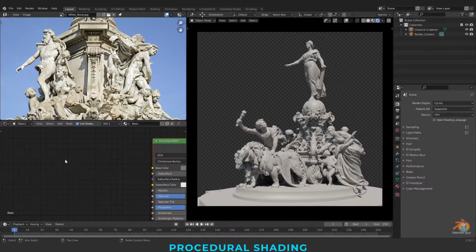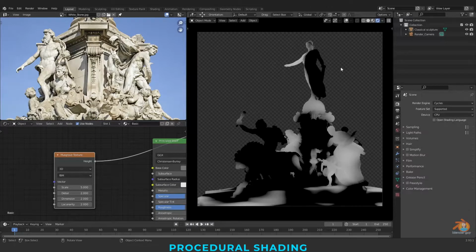Now I'm taking a noise texture here. For that I'm just pressing Shift A, taking a Musgrave. To view this on the model, you just need to press Ctrl Shift on the node, and you can see how this Musgrave works on this model.